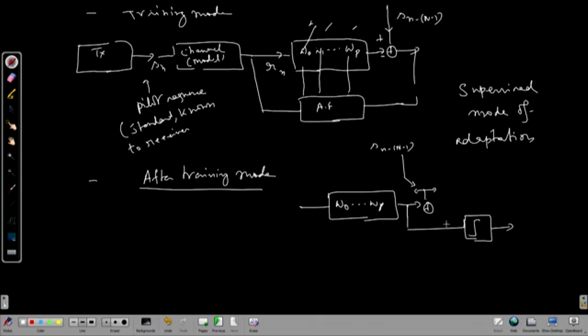Let me explain what this is. Suppose training mode is over, now you are transmitting your real stuff, speech, music, whatever. They get distorted, and then using this inverse filter, which I believe models my H(n) correctly, I get back values which are close to what was transmitted. So, I may not get Sn, I may get Sn cap here,